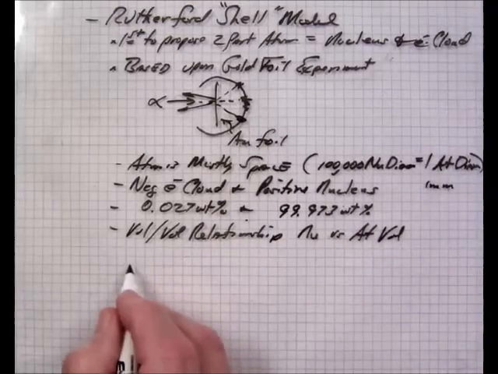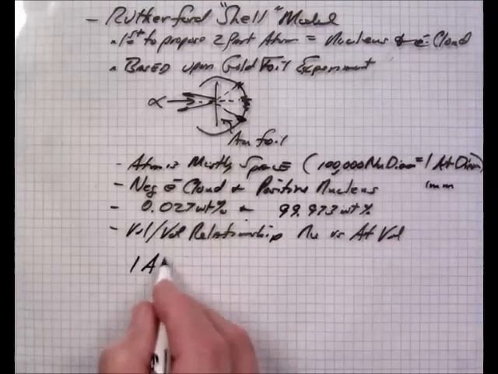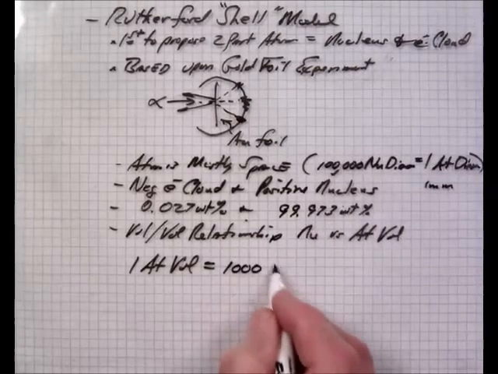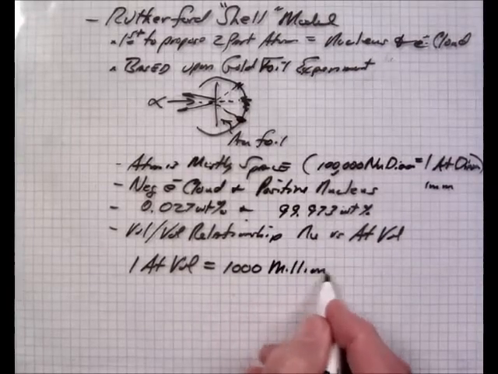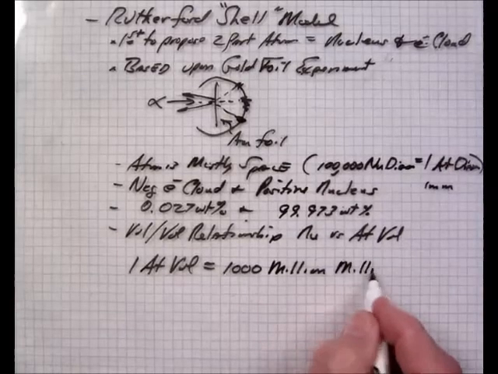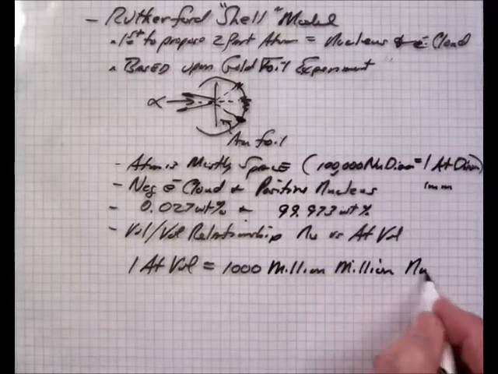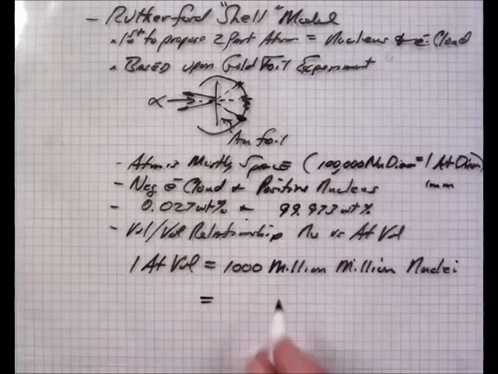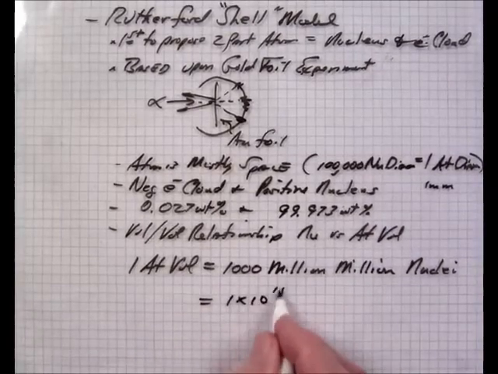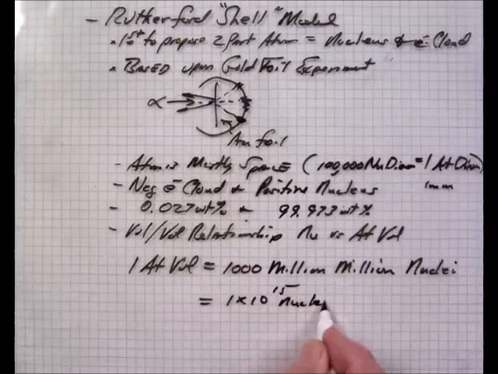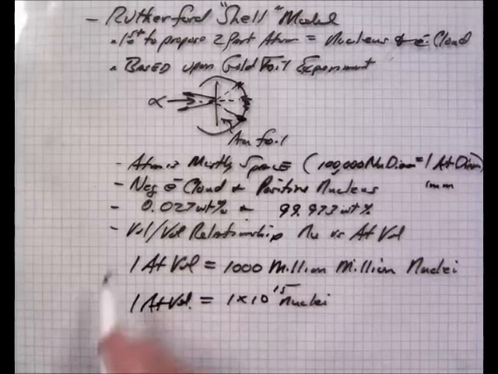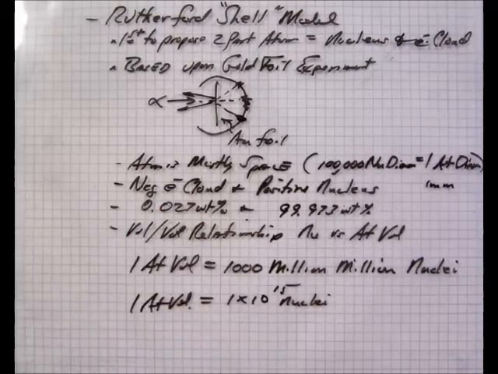It takes 1,000 million nuclei to fill one atomic volume, and that's actually 1 times 10 to the 15th nuclei on the average for one atomic volume. So these are some factoids that I give to you and ask you to learn these, because